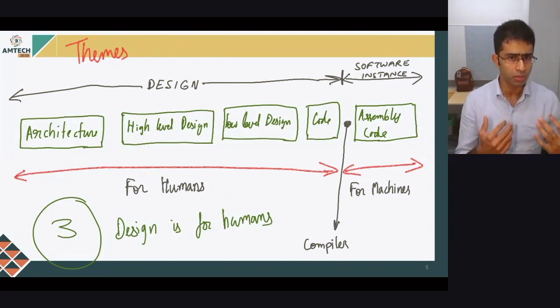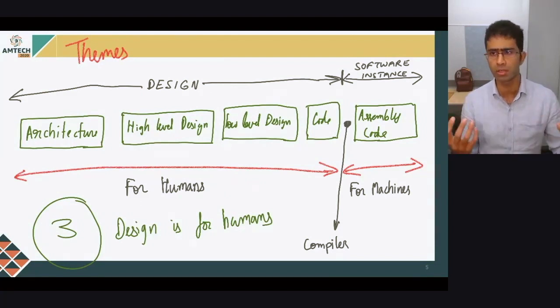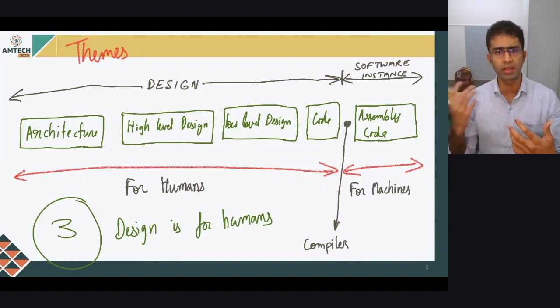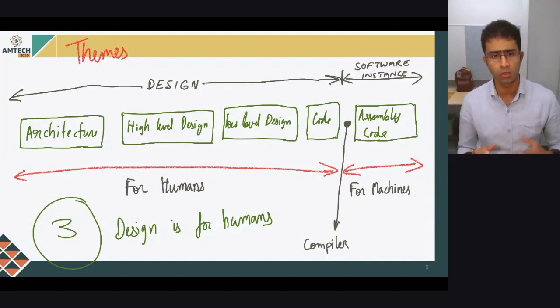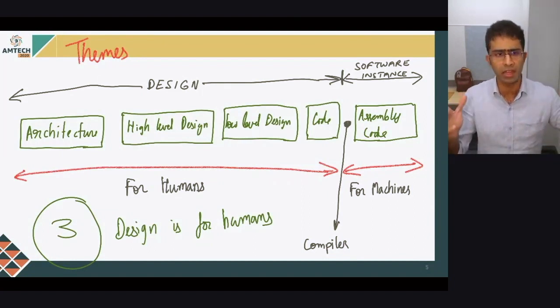The third aspect that I want to bring out is that design, which is architecture to code, is for humans. The humans are the primary audience and not the machine. The compiler takes the code and creates assembly code, and that's for machines. So this is the third aspect: design, all the way from architecture to code, is for humans. The fourth aspect is